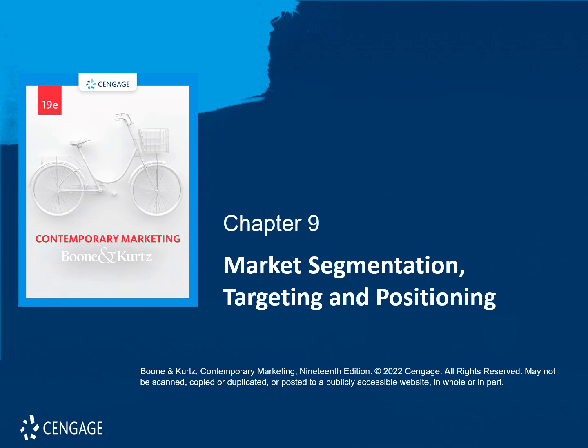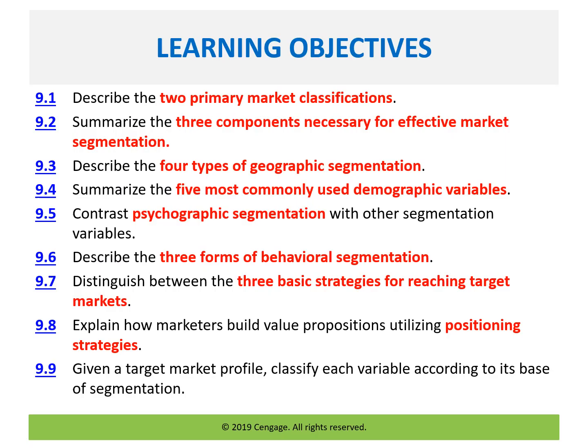Welcome to Chapter 9. This chapter is all about market segmentation, targeting, and positioning. In this chapter, we will describe the two primary market classifications, summarize the three components necessary for effective market segmentation, describe the four types of geographic segmentation, summarize the five most commonly used demographic variables, contrast psychographic segmentation with other